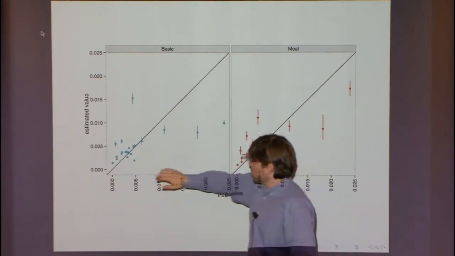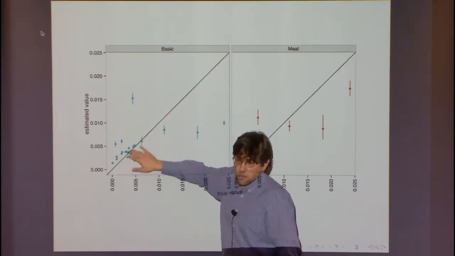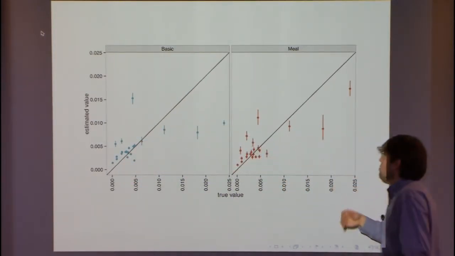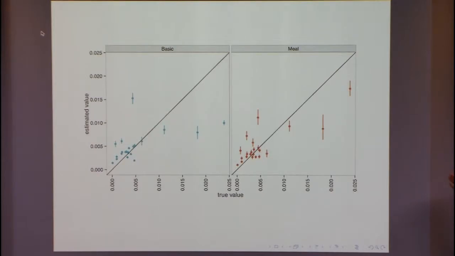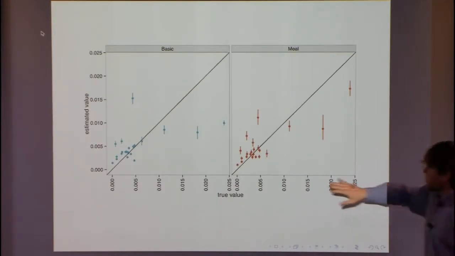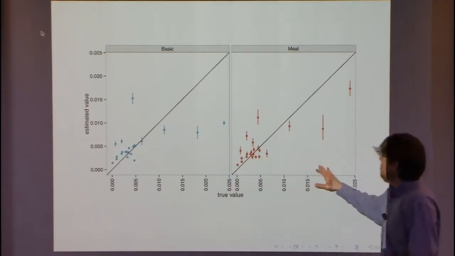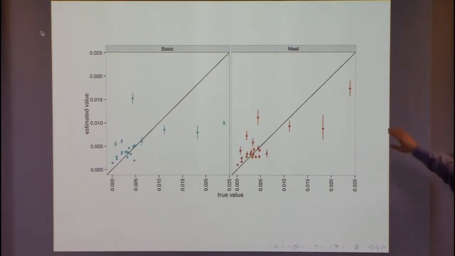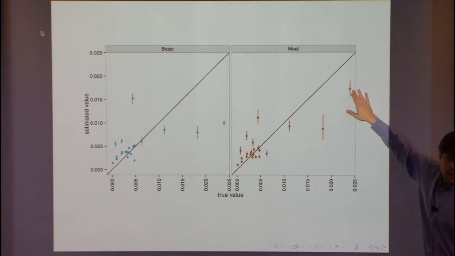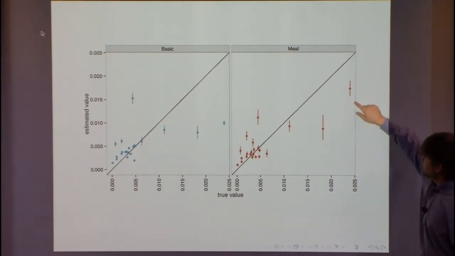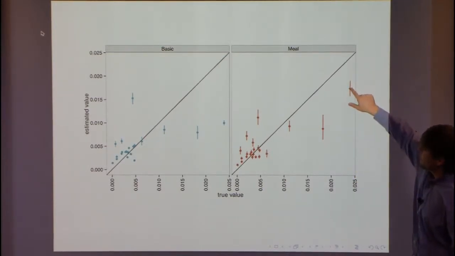So obviously this would work perfectly if all of these lie on the 45-degree line. And to a first approximation, the estimates are not terrible, which is nice. These are the values for the basic definition and these for the meal definition. So this is, for example, women who have given birth in the last 12 months. The true value is close to 0.25. When we try to estimate it, it's about